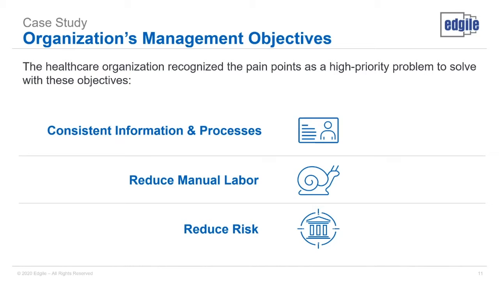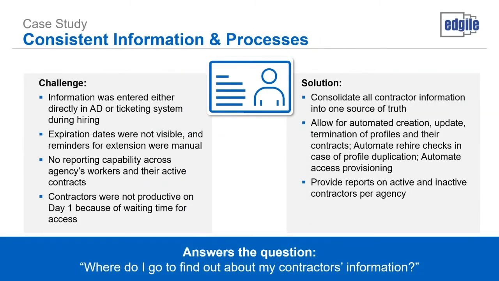Yeah, sure. So Zach laid out the pain points the organization had and the objectives they were looking for. How did our solution help with each objective? With the SecZetta, SailPoint, or IdentityNow solution, you now had a single, centralized source for all the contractor information. The hiring manager didn't have to go to different portals; they had a place to go and see who their contractors were and where they were coming from.